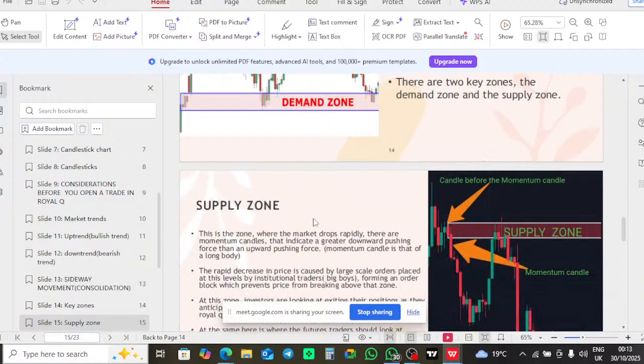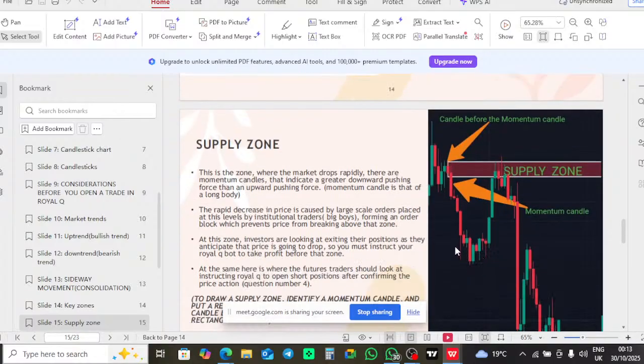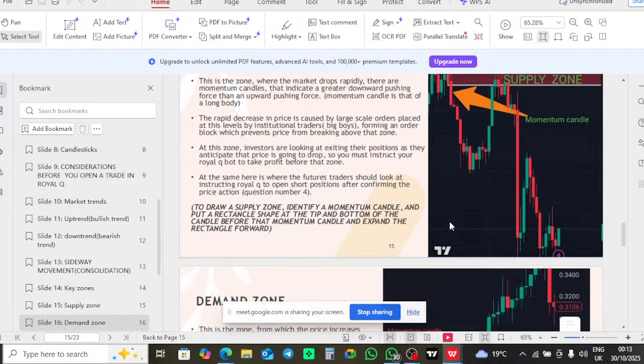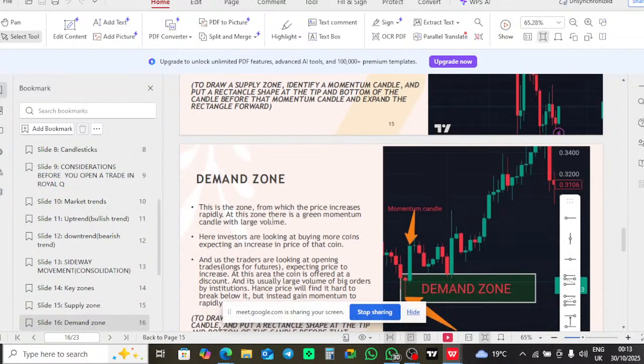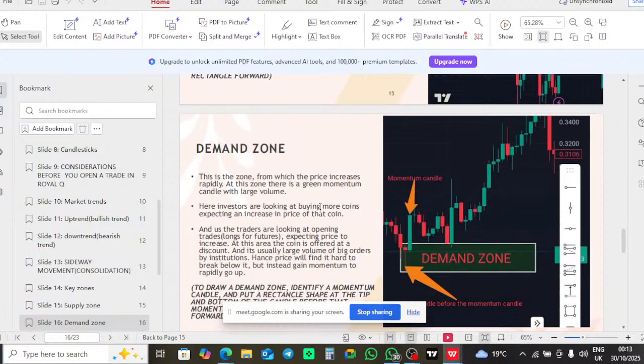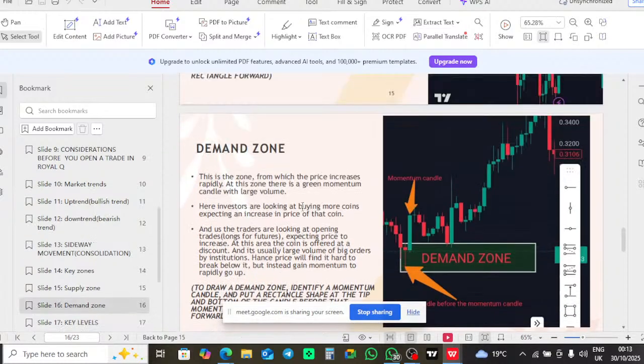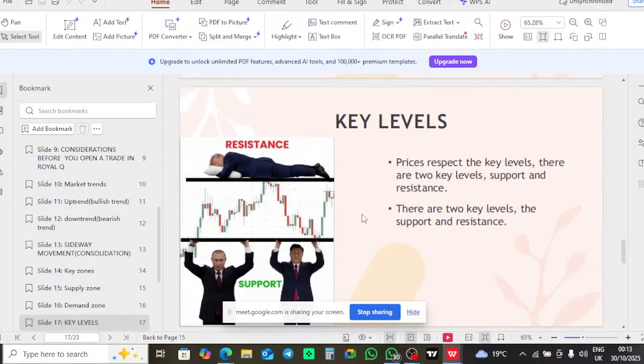And we have the supply zone. And that is how it looks like. You can create your supply zone after a trend, after an uptrend mostly. That's where we put a supply level. And we believe the market will drop to touch the previous demand and will come back to the supply level. Are we clear? So get time, read about demand and supply.